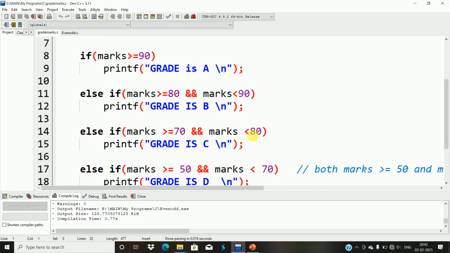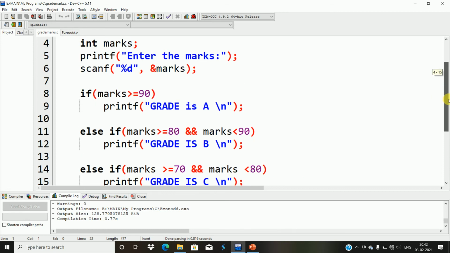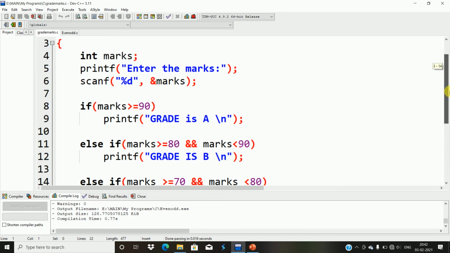You can check multiple choices. It is a multi-way decision making statement, this else if structure, because in life we come across many situations where we have to select amongst multiple options. You have to make a decision, you have to make a choice, you have to select an option, and so many options are given to us. So there you take the decision. So this is a multi-way decision statement or multi-way branching statement.